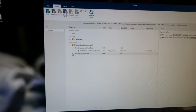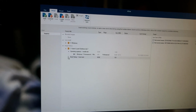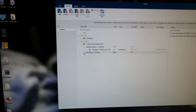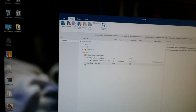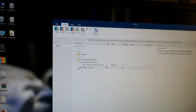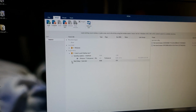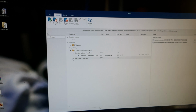Alright, so once the USB and other potential drivers have been integrated to the installation media, we still have to do something before we can make the bootable USB. So the thing about installing from a USB stick is that now when we integrated the drivers to the installation media, they will be ready for use when we finally arrive on the desktop. But the thing about installing from a USB is that we need to make the USB ports functional during the installation process. So it's not enough to just integrate them to the installation media so that they will be usable at the desktop. We have to load the drivers during the installation process so that we can actually install the